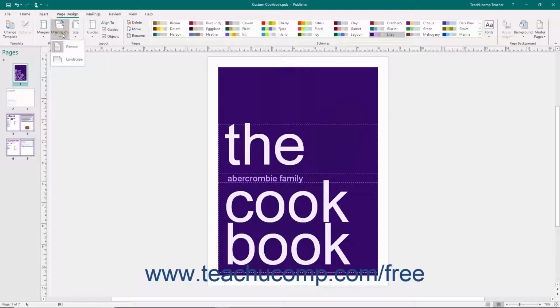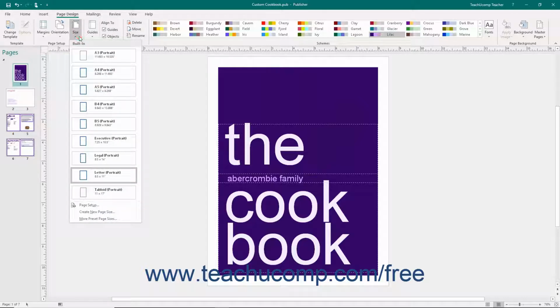Page Setup button group on the Page Design tab. Then choose the type of page orientation to apply. Choose a page size from the Size drop-down button in the Page Setup button group on the Page Design tab